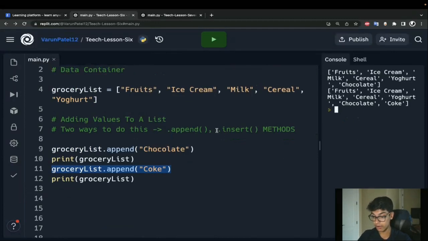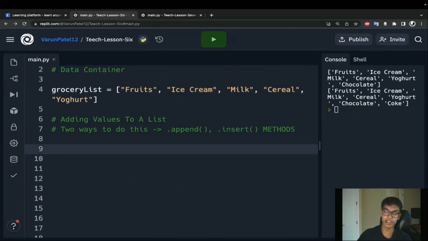Then we're going to talk about dot insert. Let's clear this. So dot insert is sort of like dot append, right? You're adding something to the list, but you can choose where it goes. So dot append added all the way to the end, but dot insert allows you to specify where it goes. So again, back with that overused grocery list analogy. So grocery list dot insert, right?